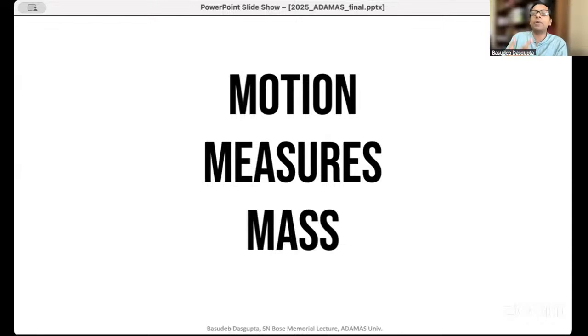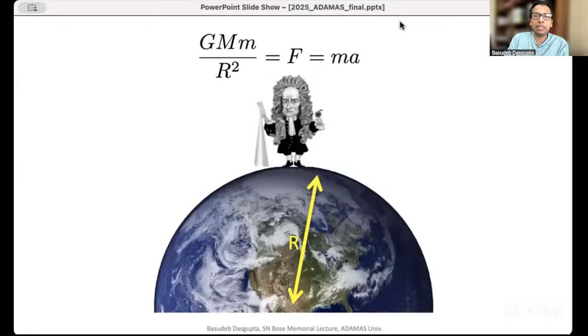So that is the general principle. And now let us look at the application of this general principle in different ways. So first, this is a kind of a warm-up version. So here is a situation where Isaac Newton is standing on the surface of Earth. He has an apple in his hand, and this apple is being attracted towards the center of Earth through the force of gravitation. So the Earth's mass, which is represented here by this capital M, is attracting the apple, which has a mass small m, by this force, which is familiar to all of us.